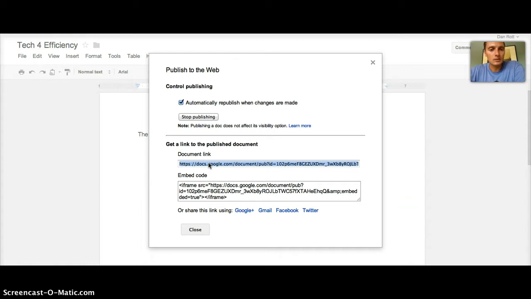And I'll show you what that would look like in just a second. The second option is to embed the document. And we'll talk about embedding a little bit more throughout the course. But embedding basically means that you're going to take that published document and you're going to put it into a